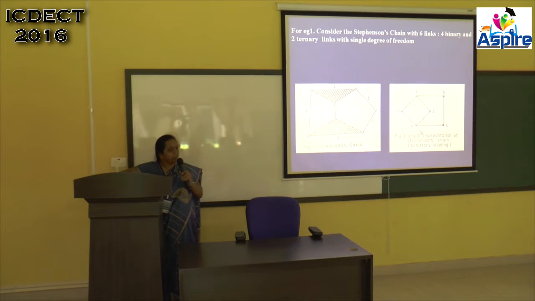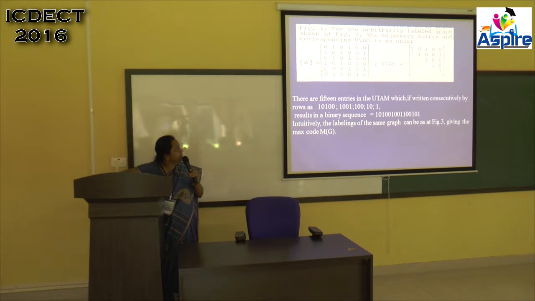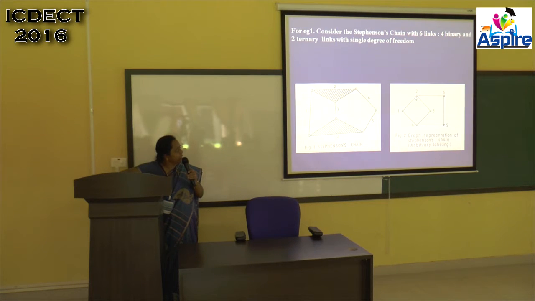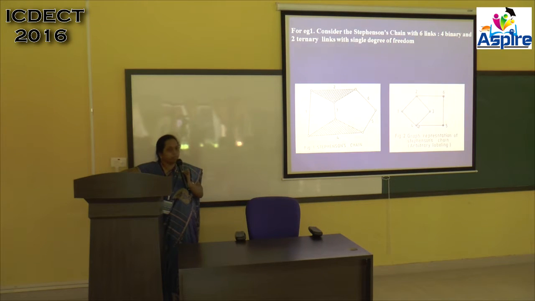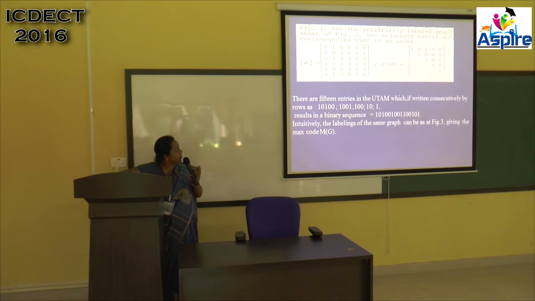Now, for the digitalization of the kinematic chain, we will construct a link matrix, known as the adjacency matrix, with rows 1, 2, 3, 4, 5, 6 and columns 1, 2, 3, 4, 5, 6. All the diagonal terms will always be 0. If link 1 is connected to link 2, that place will be marked 1. Similarly, 1 and 4 are connected, so here you have 1. In this way you can construct the adjacency matrix.